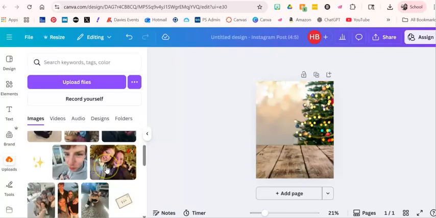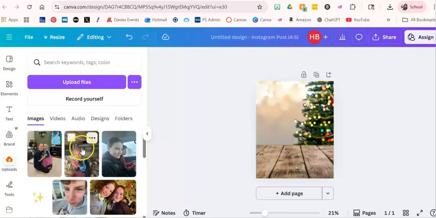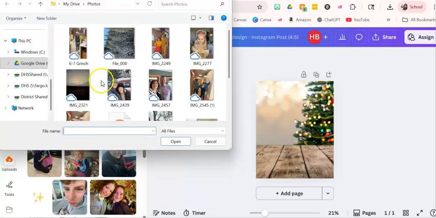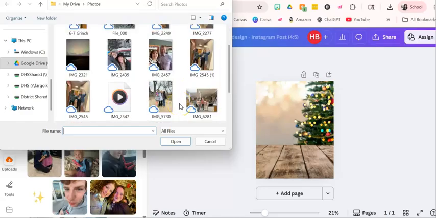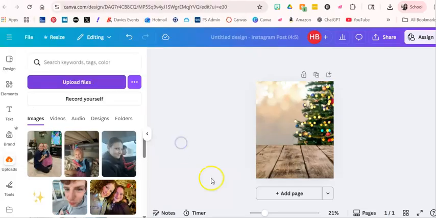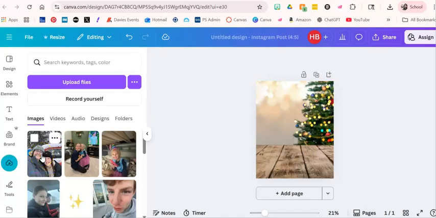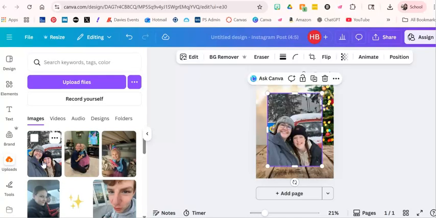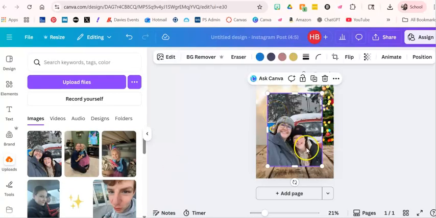And right now I want to take a picture of, let's say you've got a picture of a couple friends. So I'm going to go to Upload Files, and I've got my Google Drive right here and my pictures that are here. And so now if I want to make something a little bit more Christmassy like this one, I can go open, and now my photo is over here, and I'm going to click on it so that it